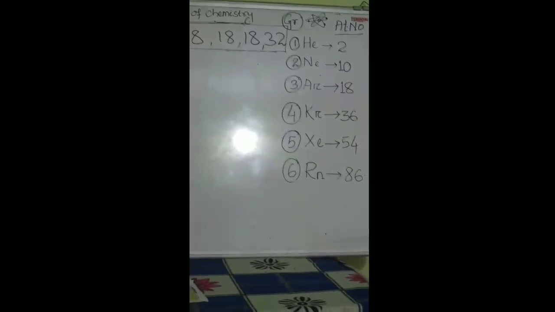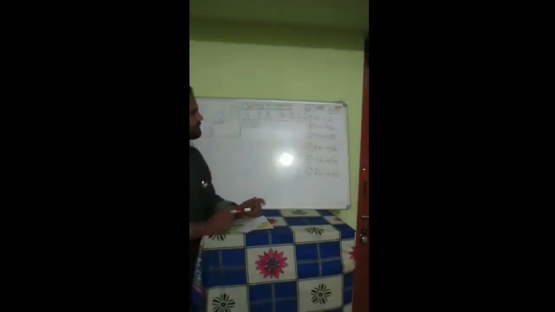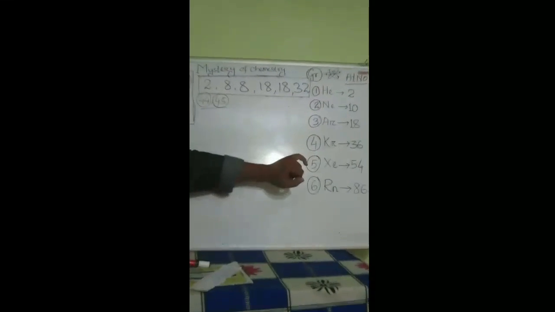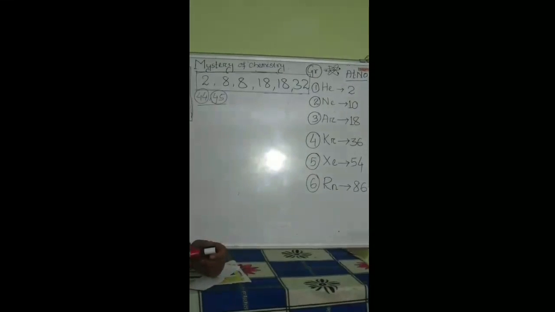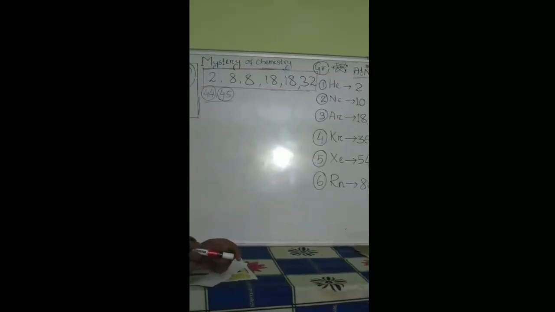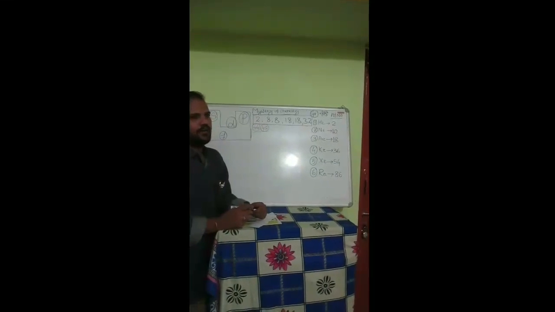First we have to know the atomic number. Second thing, we have to know the group. The groups run 1, 2, 3, 4, 5, 6. So we can calculate the electronic configuration very easily, up to 100 or more than 100. So in 30 to 50 seconds, how will we calculate?